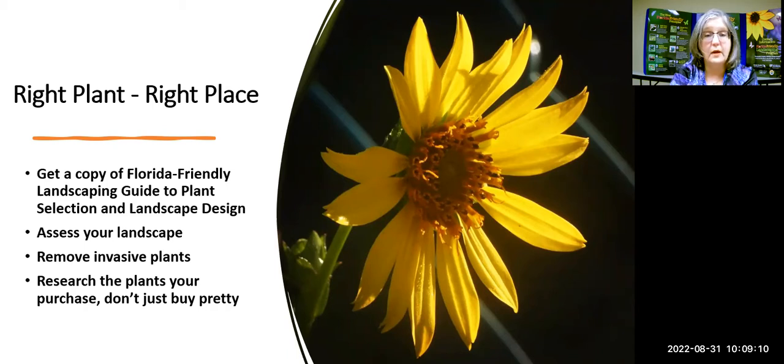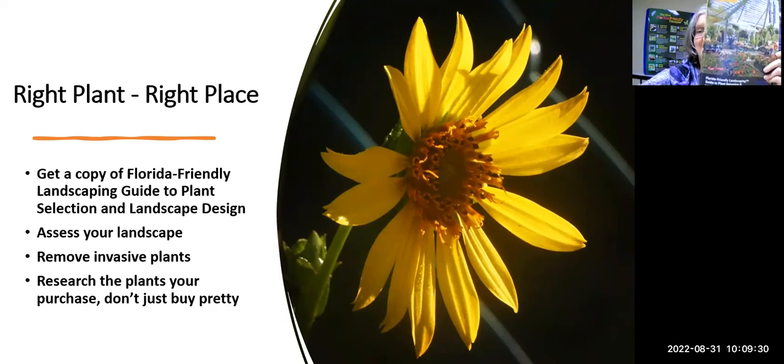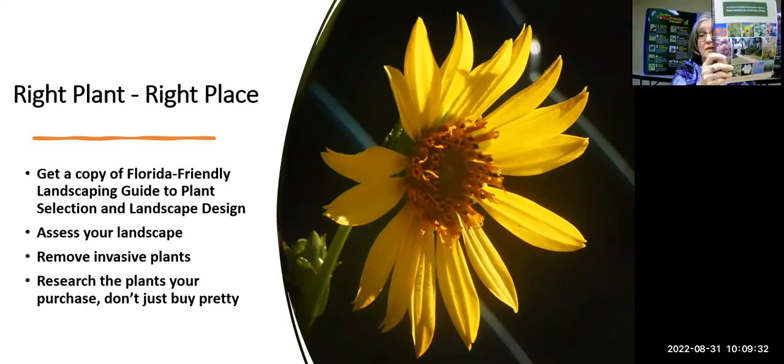So how do we know right plant, right place? Maybe we just moved here. Here's one of the things you can do. You can get a hold of a Florida-friendly landscaping guide to plant selection and landscape design. Don't freak out by looking at this new book, because if you have this book,